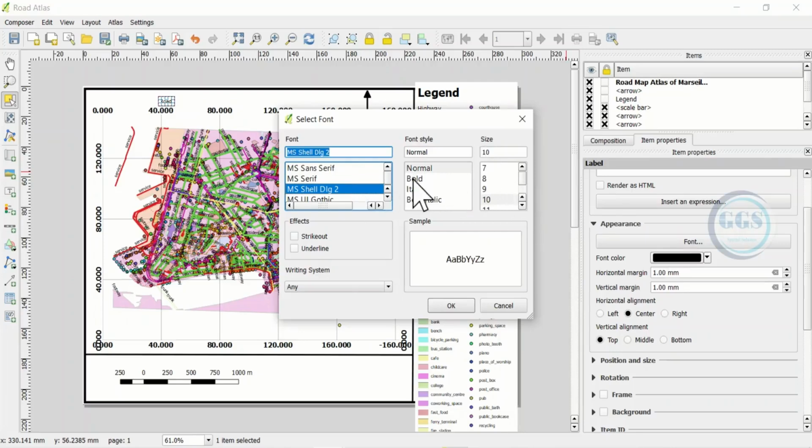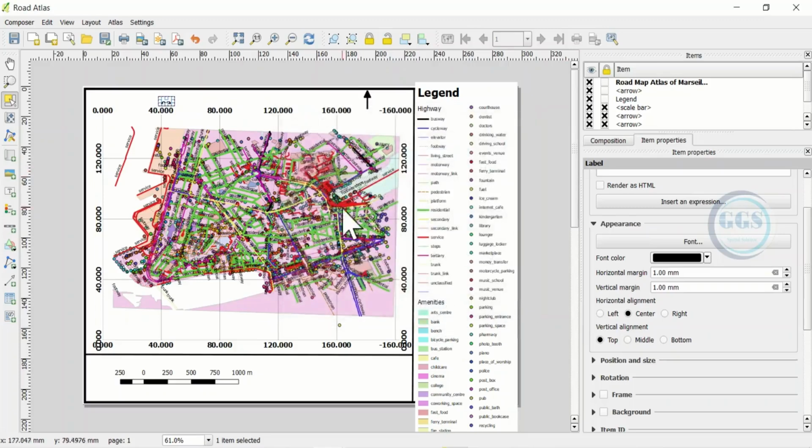So let's make it bold and change the size to 16, for instance, and click on OK. Then here you need to come and adjust it for you to see it properly. So click and drag. Then you can expand it up. Yes. So this is the approach. So you just have to do it depending on your needs, and